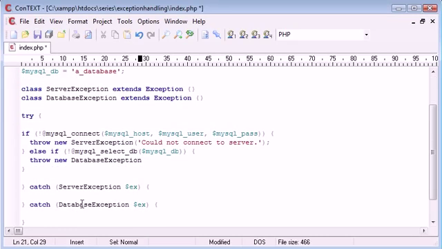Okay, so remember we're catching our server exception and database exception, and for that we're going to specify the message. In fact, we'll say could not connect to database, or could not select database. Okay, so now what we've done is we've created an if-else if statement, and we have said